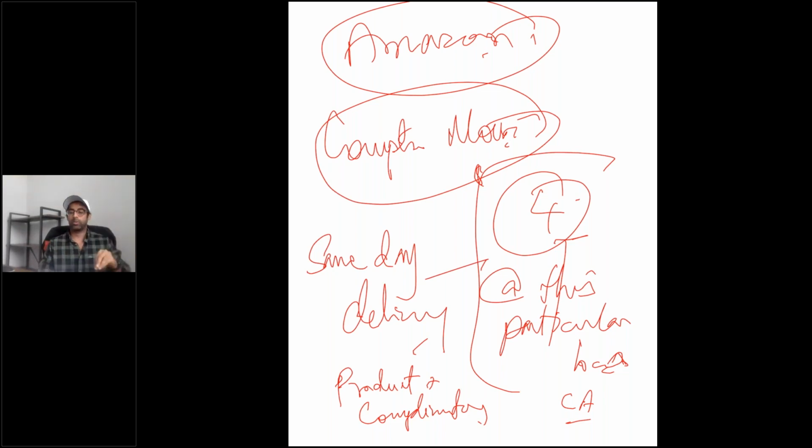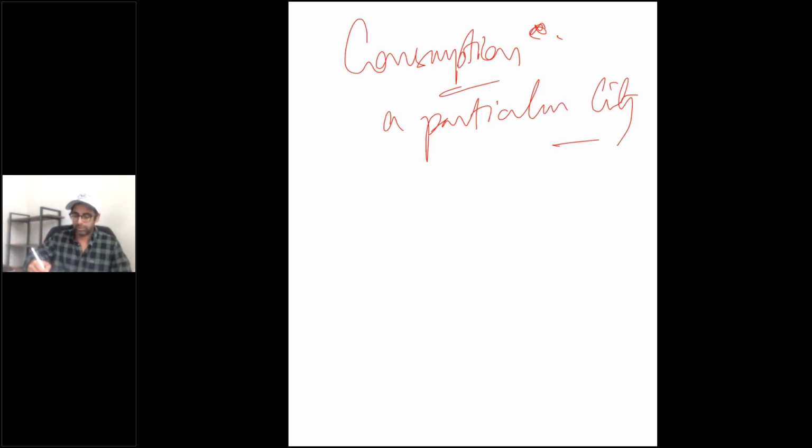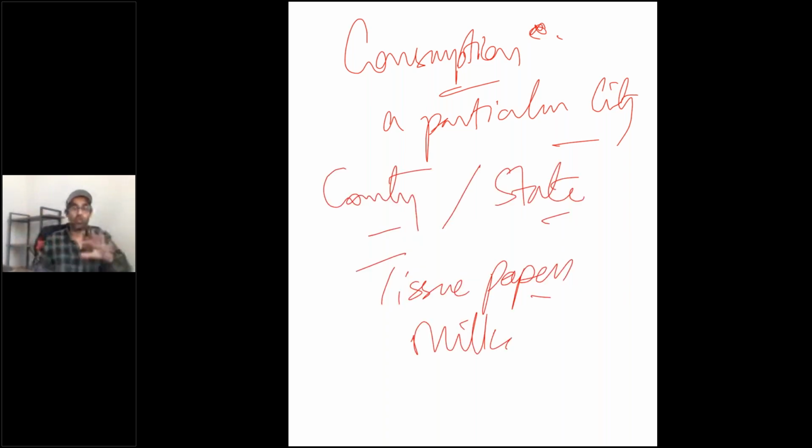This is how they manage the supply chain. They can't do it without artificial intelligence, without machine learning. And that artificial intelligence is learning based on experience. For example, one more thing: they know human consumption of a particular city, or a particular county, or a particular state. Let me give you an example: tissue paper, milk. Amazon knows, because I do online ordering of milk. Amazon knows my milk consumption,